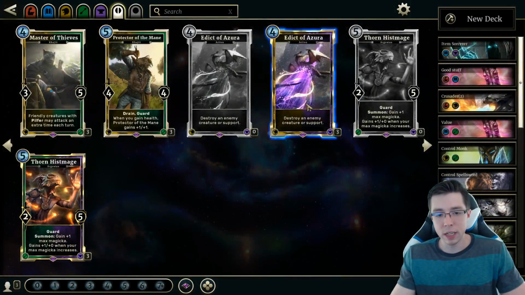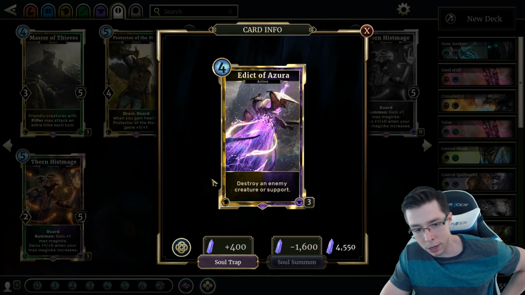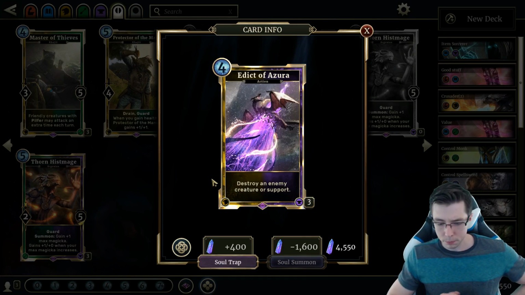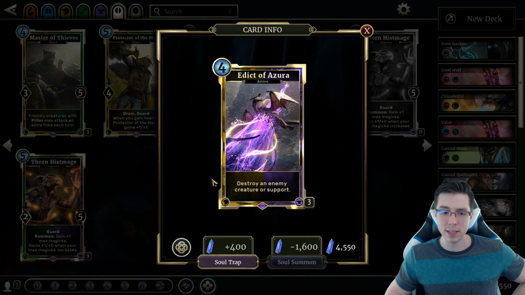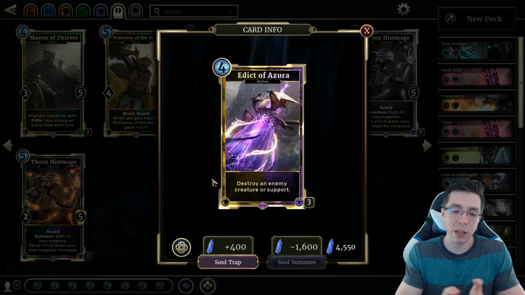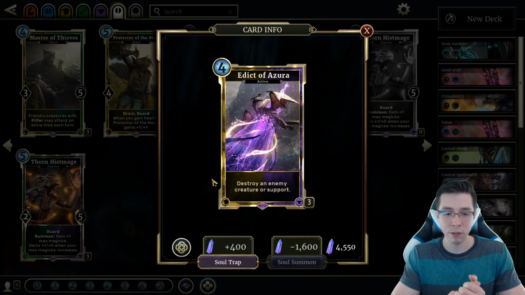Next on the list is Edict of Azura, and Edict of Azura is a crazy card. Just one of the best pieces of removal in the game, if not the best. Piercing Javelin for 1 less Magicka, with the ability to destroy supports from your hand. As a prophecy, obviously it's not a prophecy, so it's not as good as Javelin there, but the versatility of this card, this is about as good as a standalone piece of targeted removal will ever be in Legends